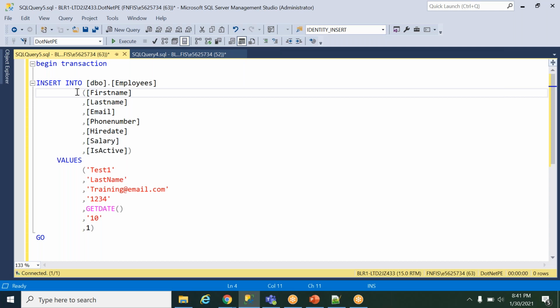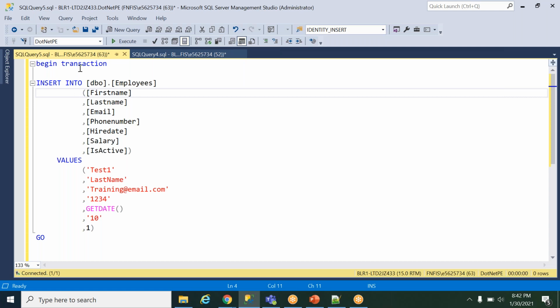Meaning, if we use any transactions, until we commit the transaction, the data will not be stored permanently. It will be stored temporarily on the memory itself. Once we commit the transaction, the data will be stored in both the tables; until then it will be there in the temporary memory itself. If in between, while using a transaction, we get any error, the transaction will be rolled back automatically. Meaning the data will not be stored in either table. In any table, it will not store. So it will be useful in the DML statement. So this is a very big feature.